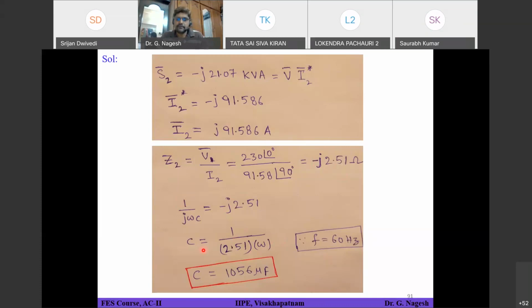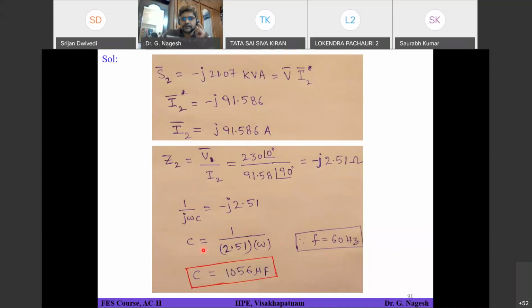Because in a real system, if you have a large industry and your power factor is very low, then your electricity bill will be very high. Is it clear? So to improve that power factor, they will install a static capacitor at the supply terminals, at the input terminals. That will improve the overall power factor of the load, and your electricity bill will be reduced because you have improved the power factor. Is it clear?